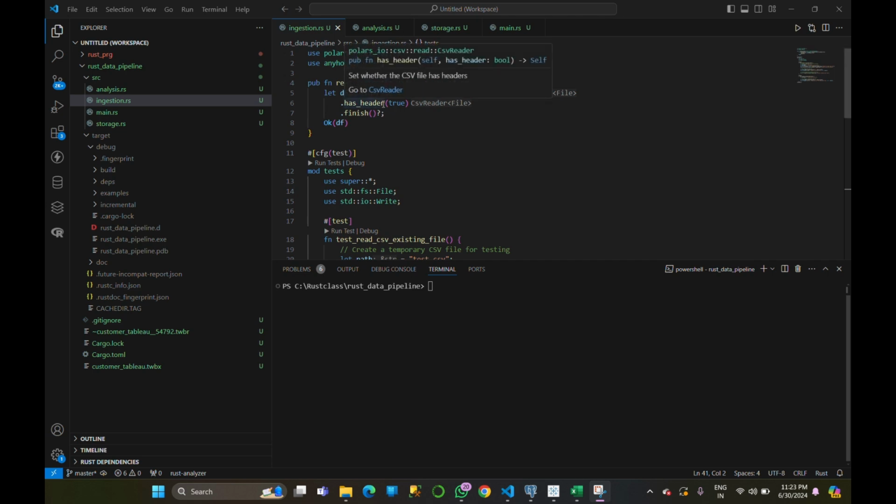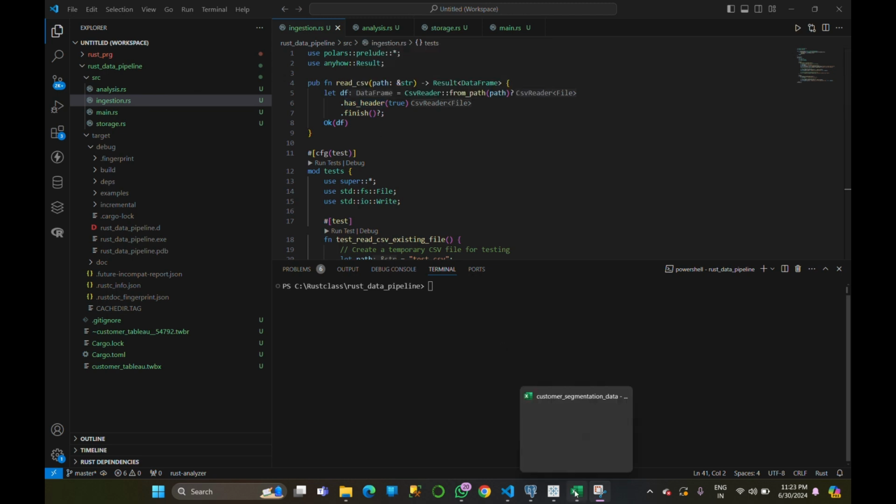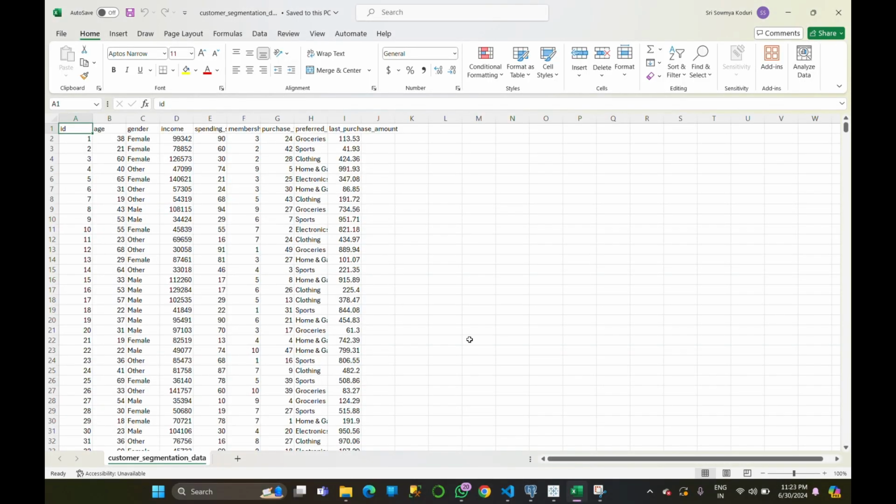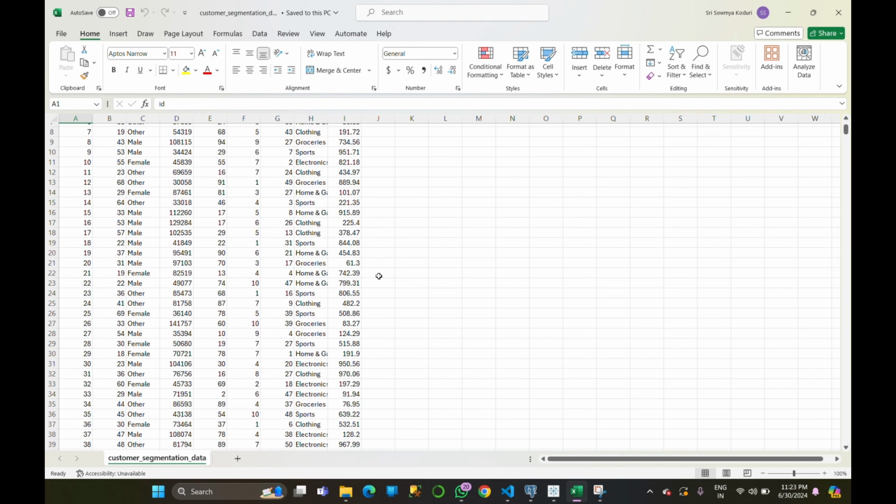Hello everyone. Today I'm going to show you how to build a Rust pipeline using your CSV file or APIs. For example, I'm using my CSV file which is over here. In this there are several types of columns like ID, age, gender, income, membership years, purchase frequency, preferred category, last purchase amount. These are the categories I'm gonna use, and with this, I'm gonna provide a Rust code to insert